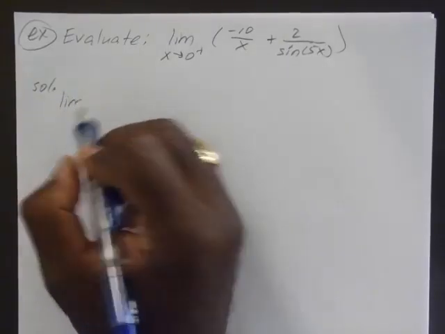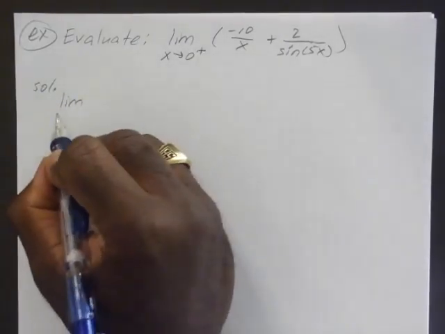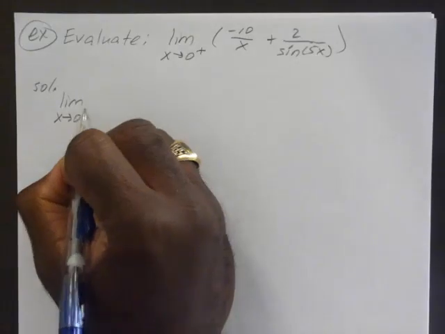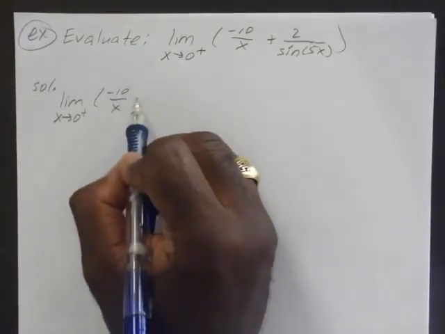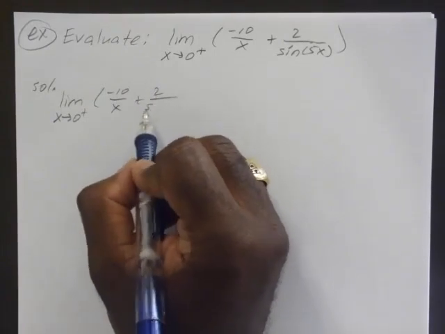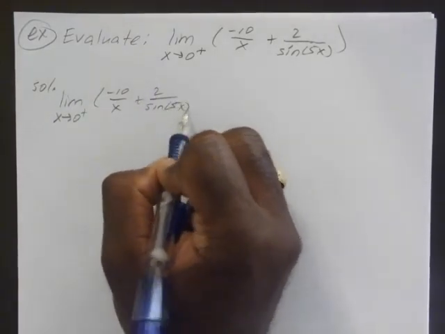So if we take our limit as x approaches 0 from the right of -10 divided by x plus 2 divided by sine of 5x,